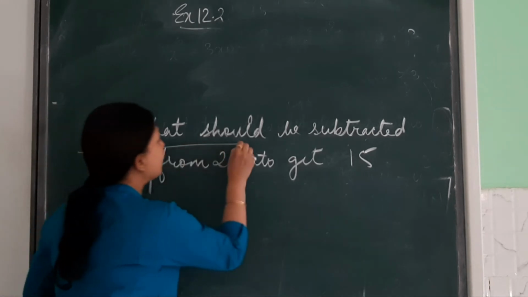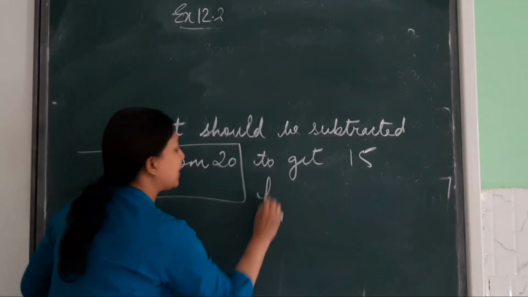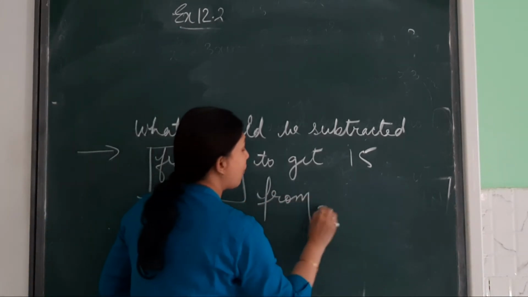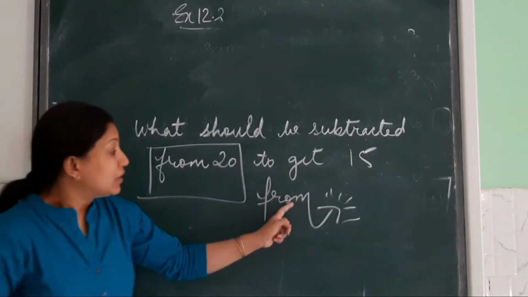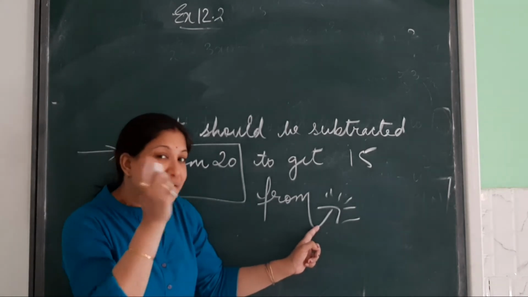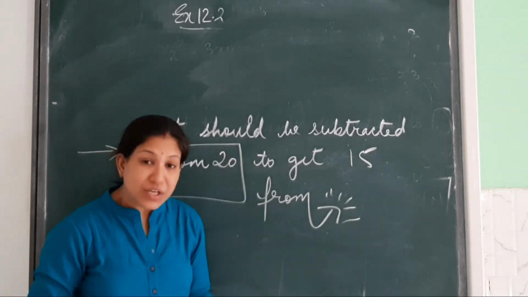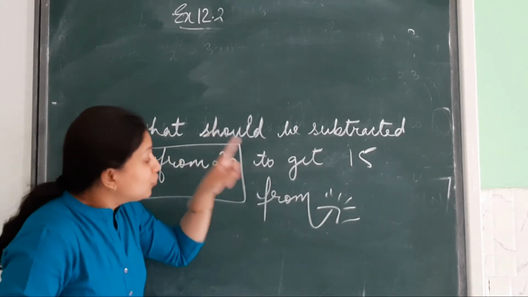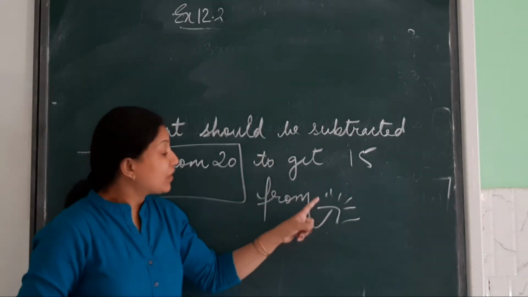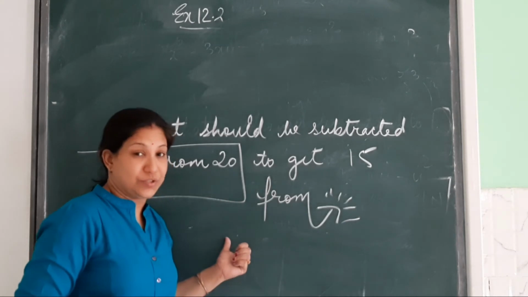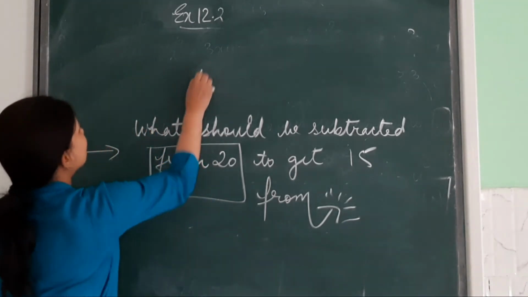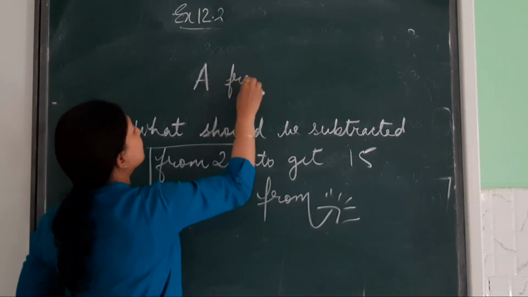Acha. From, there is no problem. I have explained you many times. From is that magical tail. This M has a magical tail. And what is the magic? The magic is that whichever number this tail points to, that will come in first position. Yes or no? I have explained you with the example long back also.